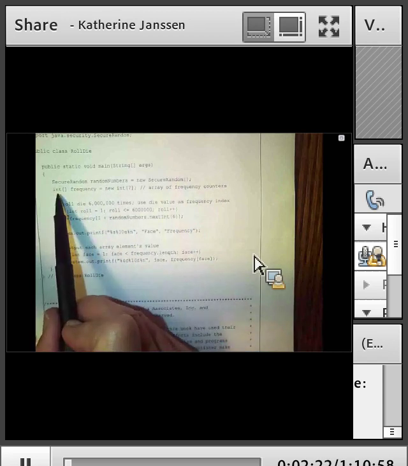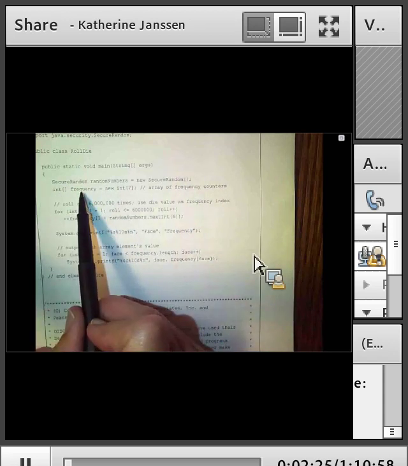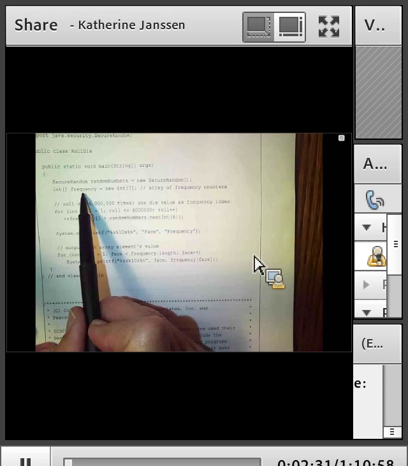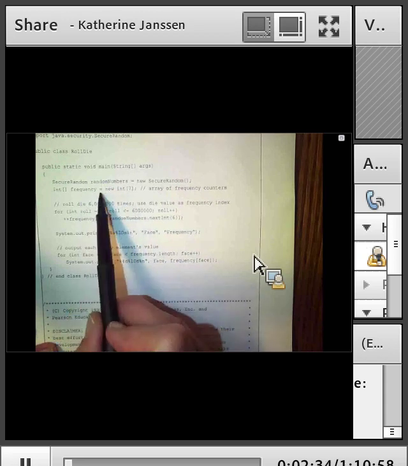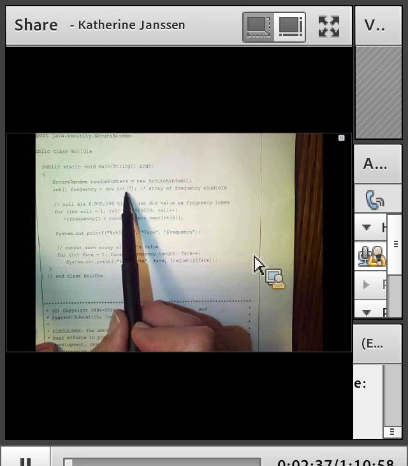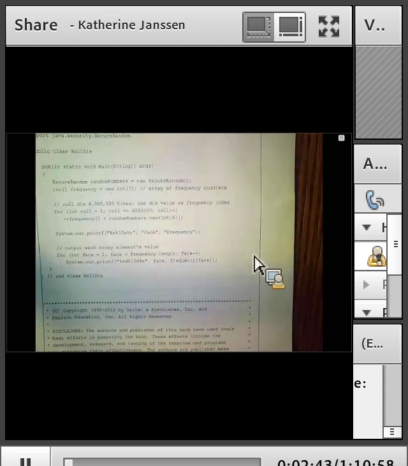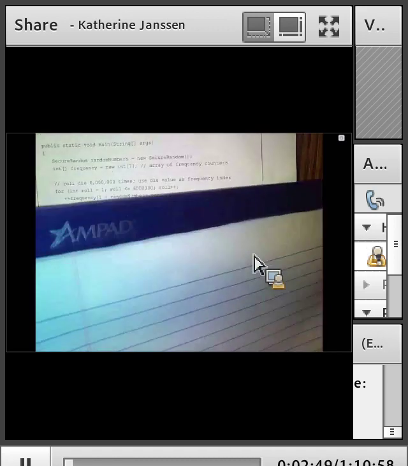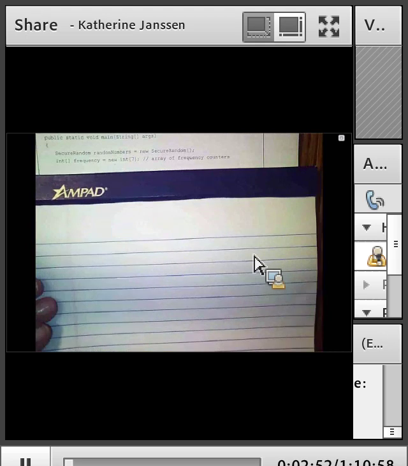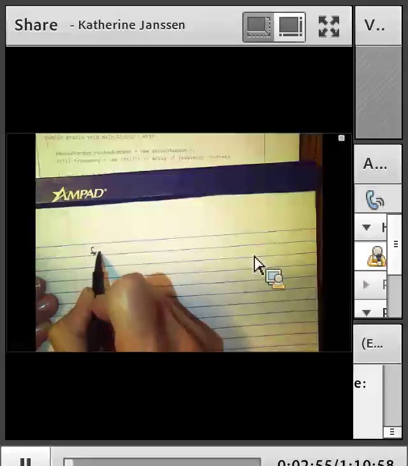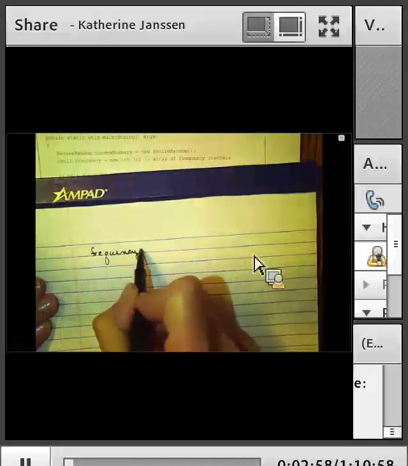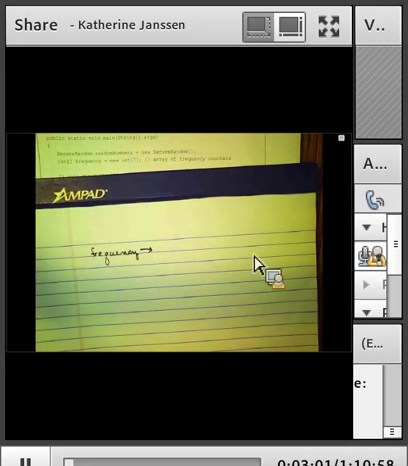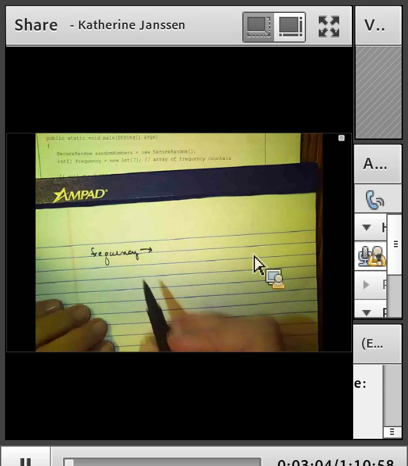We're declaring an integer array by the name of frequency. It's a reference to an integer array in primary memory. It equals a new int array with 7 elements. So we're declaring frequency as a pointer or a reference to an integer array, and the integer array